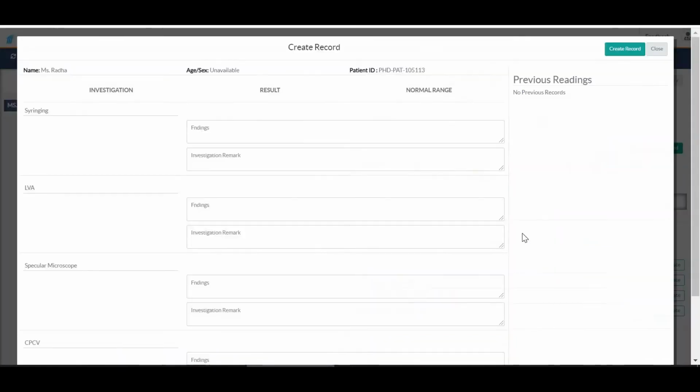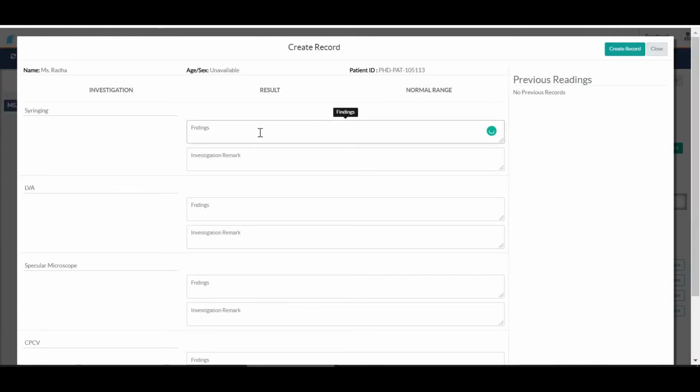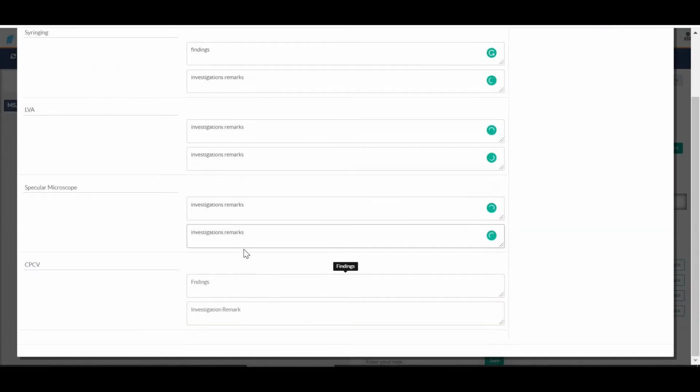If I click on this, it will open a common tab where you can see add findings, findings and investigations remark. Similarly you can capture all these things for all the investigations. I'm just capturing some dummy data, but you can capture all the real readings.